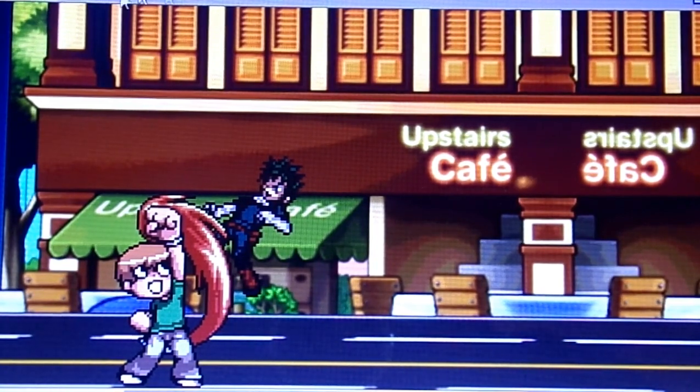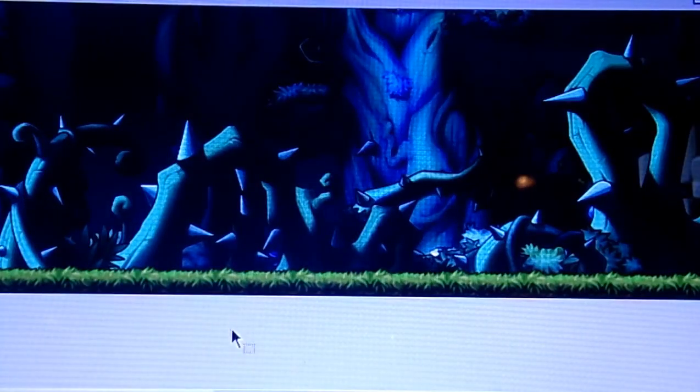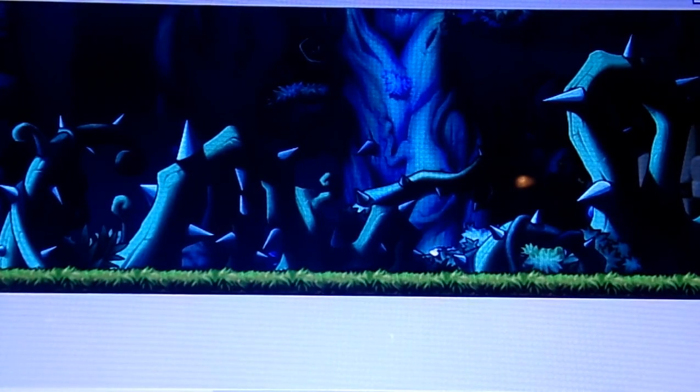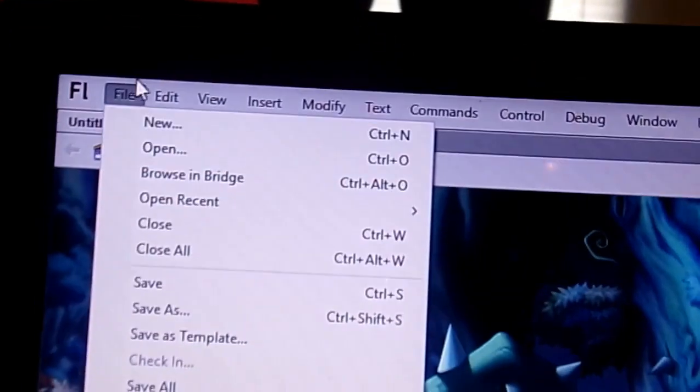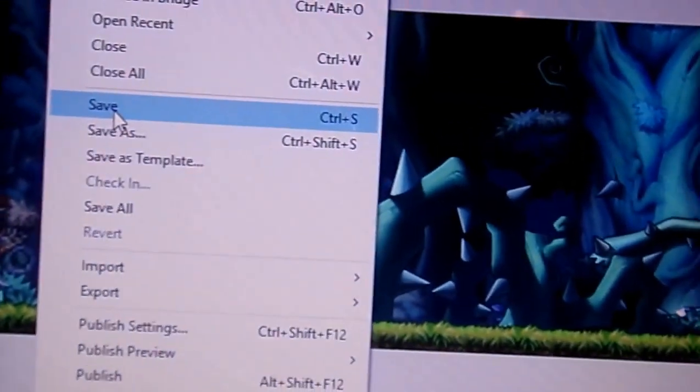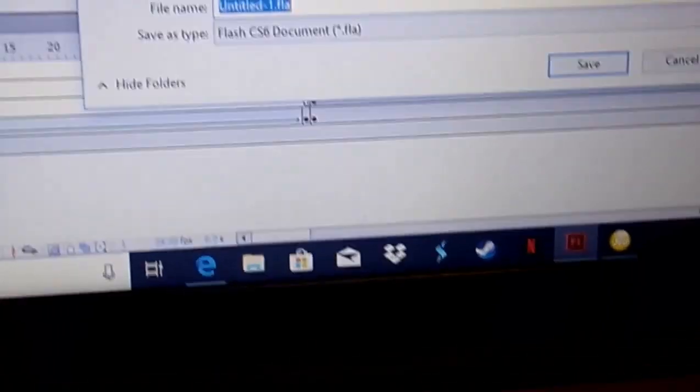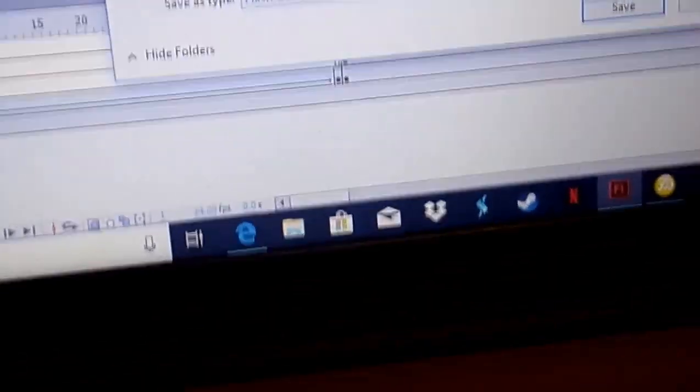And also, like I said, here's a tip. Here is a big lesson for you guys. Whenever you finish an animation, I'm pretty sure you guys know this already, but I never did this myself, and that's why all my past animations kept getting deleted. Whenever you get done, always go to File, and you can go to Save or Save As. It really doesn't matter. So just make sure to click that, and let's see, I'll save this as